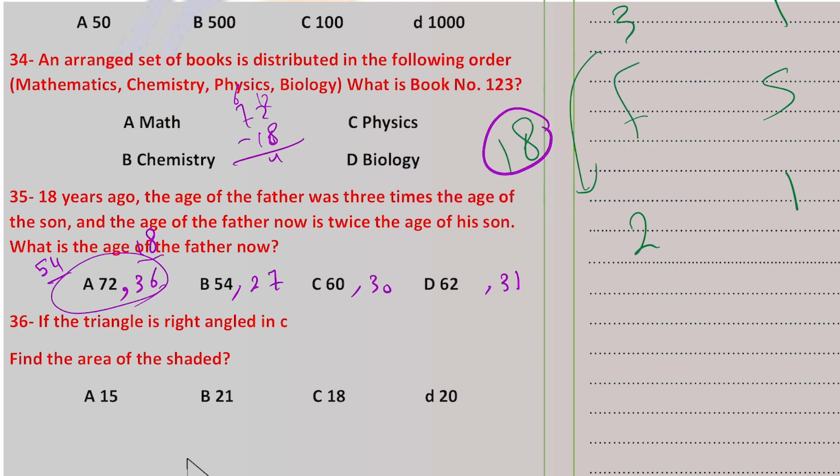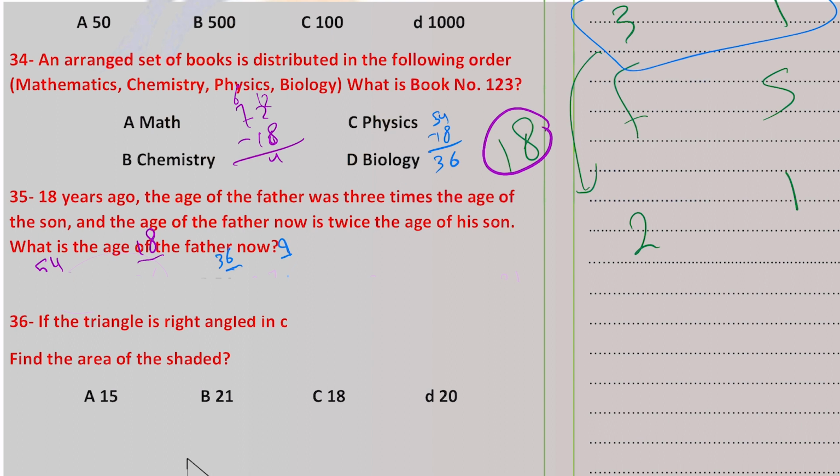But teacher, why is it not the letter B or C? If you subtract 18 from 54, it will be 36, and 36 minus 18 here will be 9. 36 is 4 times 9. It will not be 3 times. And by the way, the rest also will not be the same ratio because he said here 3 times. Okay? Let's take the next question,